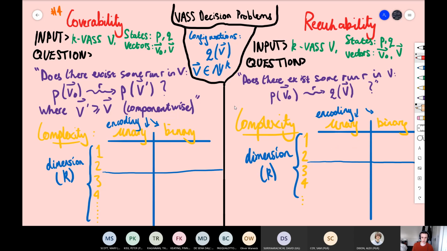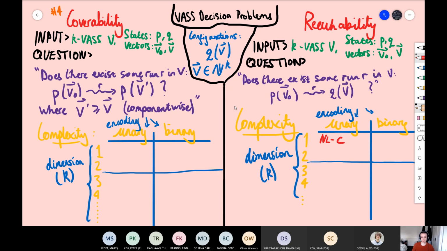And dimension represents the number of counters, if you will, or the dimension of the vectors, whichever way I like to think of it. So I'll just cover the kind of complexities, and you'll see how bonkers these get. So I think these are correct. I did a check yesterday, but they're littered around various papers. If I write this, it means complexity class NL-complete, dash C. I don't want to write the whole of complete, it'll get messy.